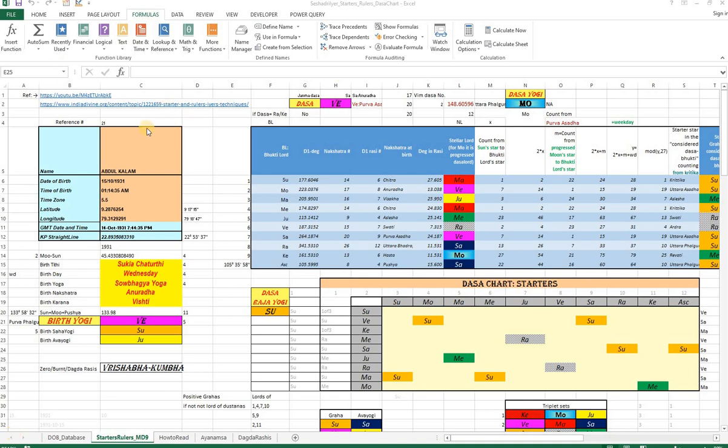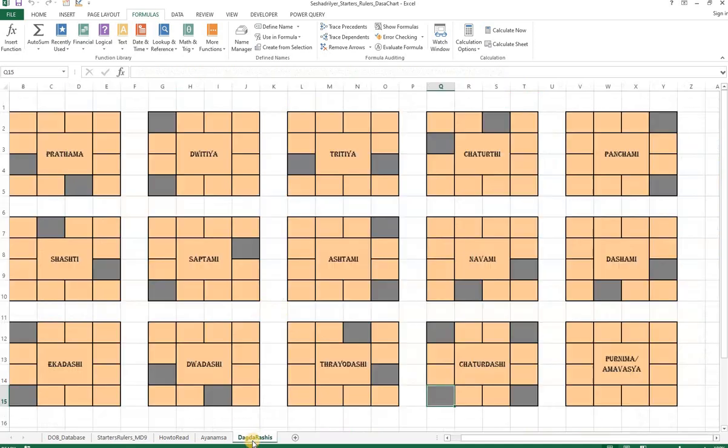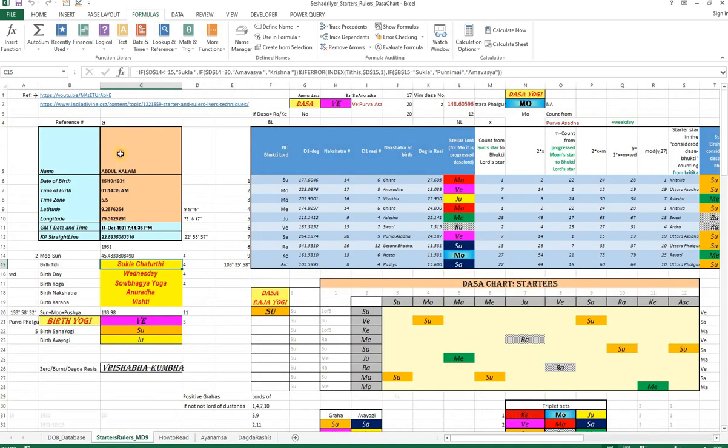Once you know the date of birth and time of birth, you can cast the chart using this Excel and figure out what the tithi is. Based upon the tithi, he brings out what are called Dagda Rashis. Each tithi, whether it be Shukla Paksha or Krishna Paksha, has some Rashis which are fully burnt out for those tithis. So, I have taken an example file here, the case of Sir Abdul Kalam,